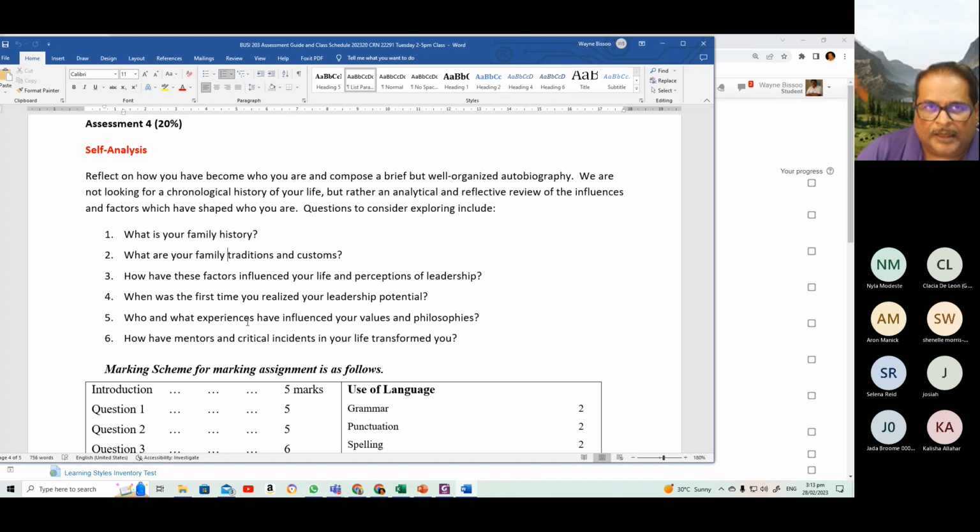So it might be a friend, it could be somebody that became very important, like teachers, or it could be some incident that took place, some milestone in your life, or some occurrence like losing somebody, or some incident that may have happened with you that you can reflect upon and see whether or not that has had an impact upon you in terms of how you've gone about becoming the person you are today. Now that self-analysis